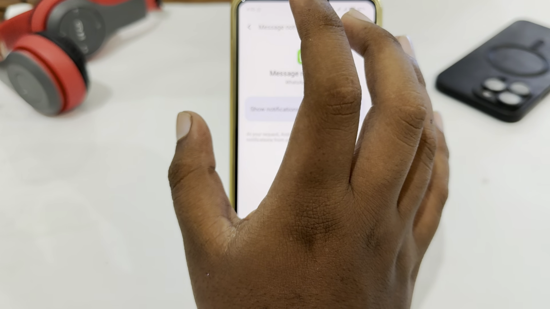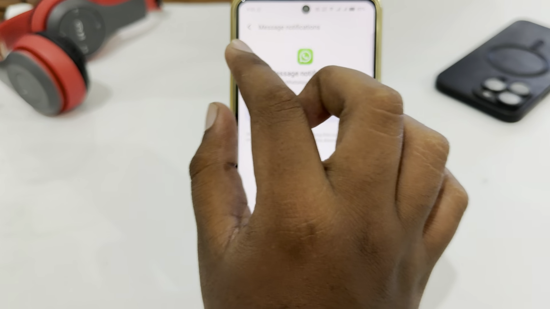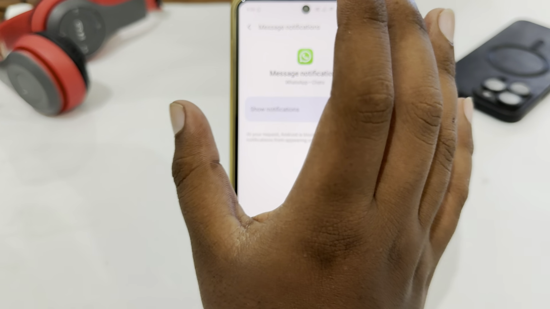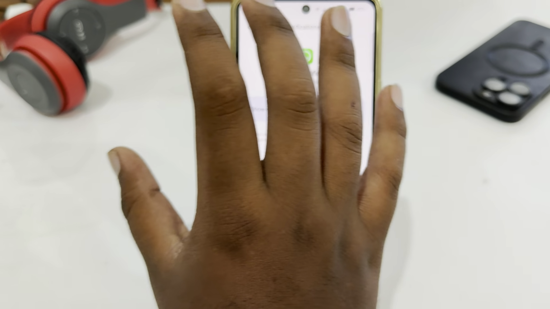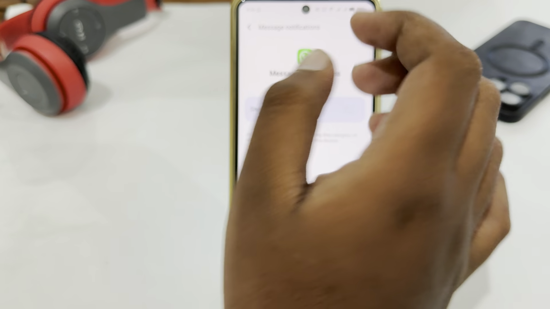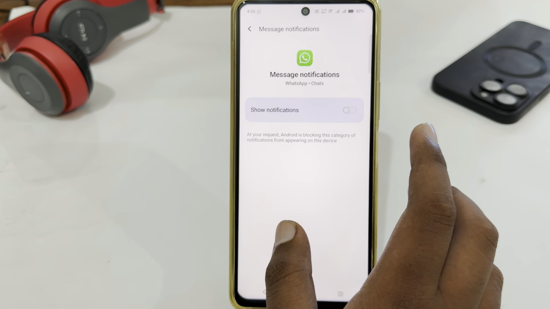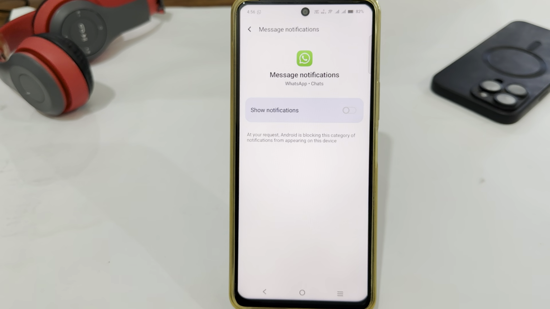You will get the option of you have one notification or two notifications on your notification bar, but the message or the sender name will be hidden from your notification bar. So that's how you can easily hide WhatsApp messages and sender name